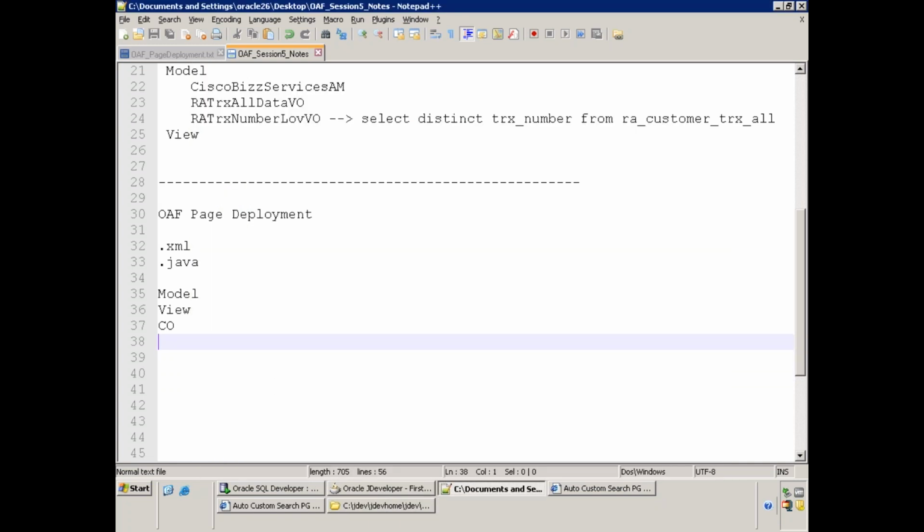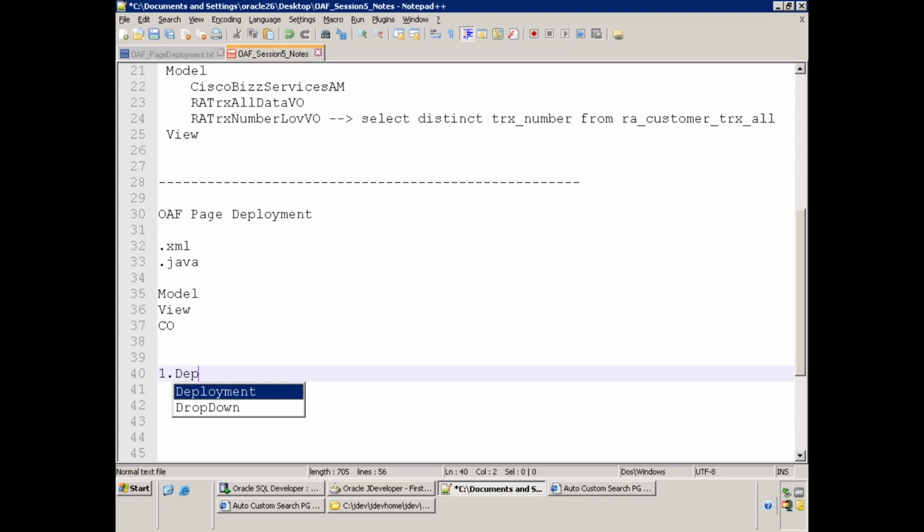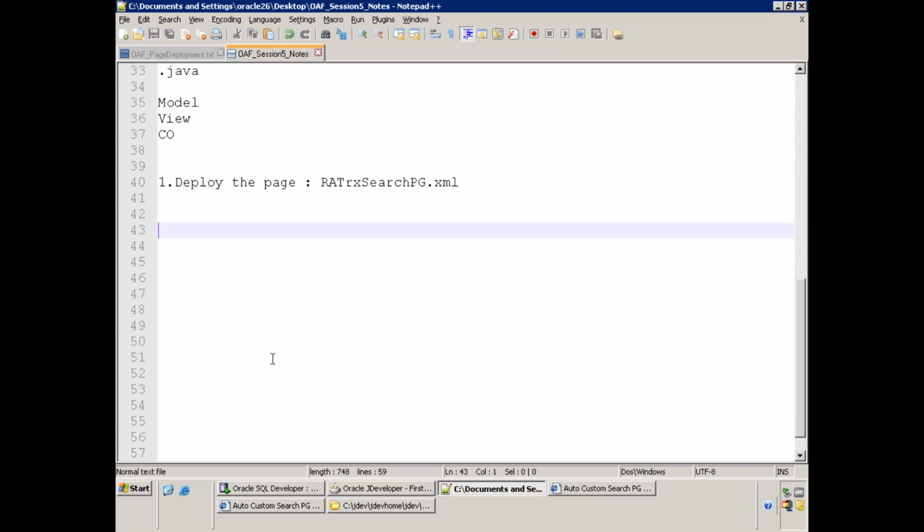I would like to deploy this particular page. Okay, deploy the page, this one. Now this particular page will have the AM, isn't it? This customer transaction search page will have the AM. So now, as per the OA framework, we have .java files as well as .xml files,